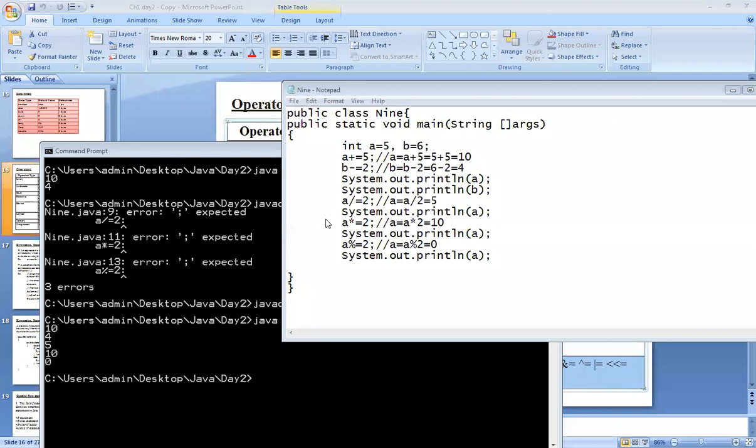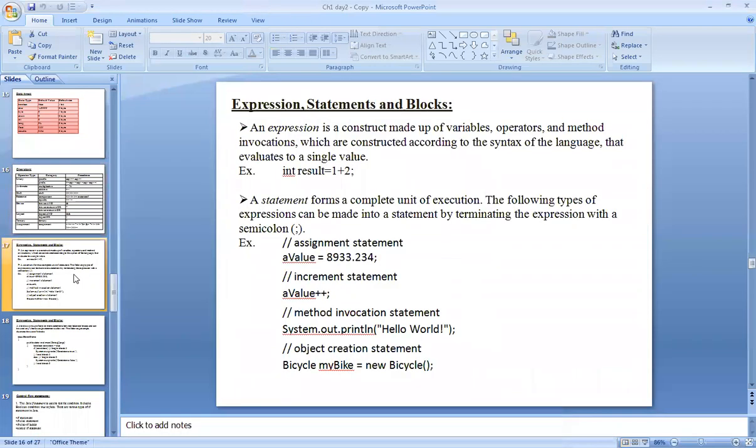Now I will give a hint of typecasting. Otherwise we will take it in another lecture, because typecasting has multiple ways. So we will take typecasting and taking input from the user in another lecture. Now is there any doubt in the operators? No? Okay, ma'am. So we will move towards the next point.